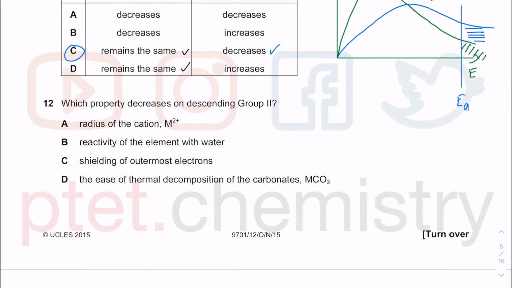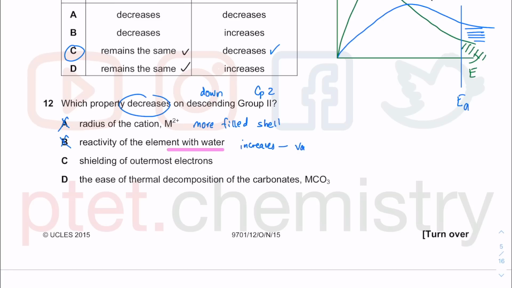Question 12, which property decreases on descending? Descending is going down. For group 2, these days they are using this numerical number instead of using the Roman numeral. The radius of the cation doesn't decrease, because you have more filled electronic shells, so definitely your radius gets bigger. Okay, reactivity of the element with water, that actually increases